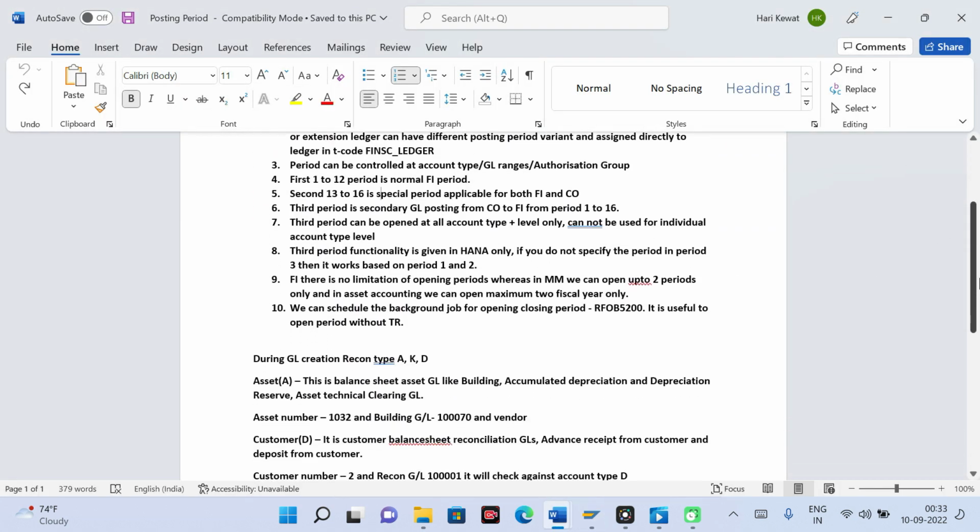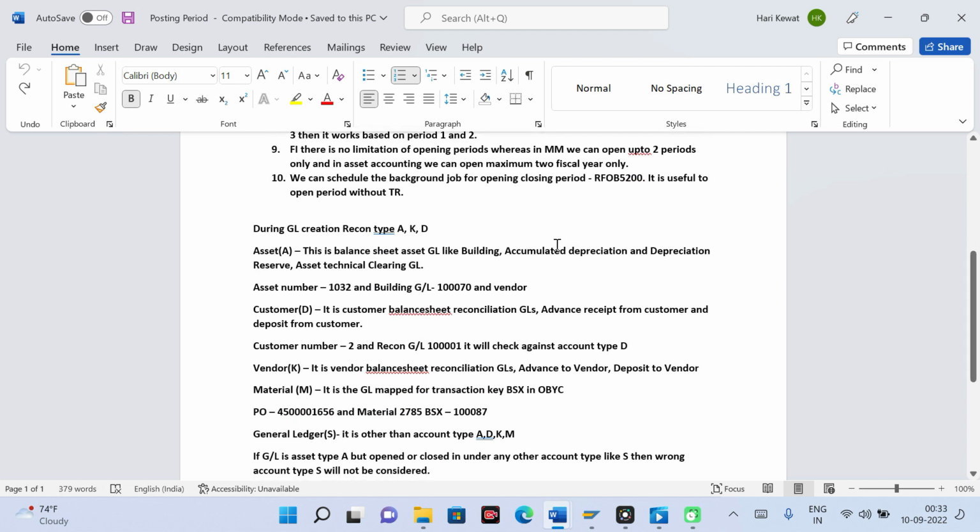And then I also spoke that there is no limitation, and you can also schedule a background job for your posting period open and close, and you can also include it in your cockpit. We have the cockpit concept also in S4HANA for automatically opening and closing.